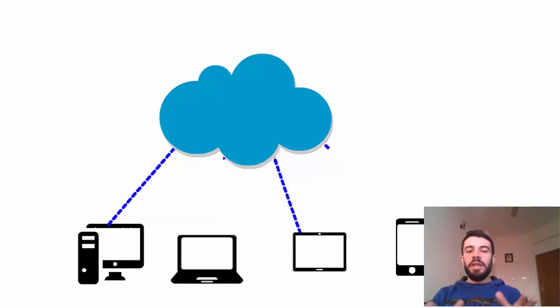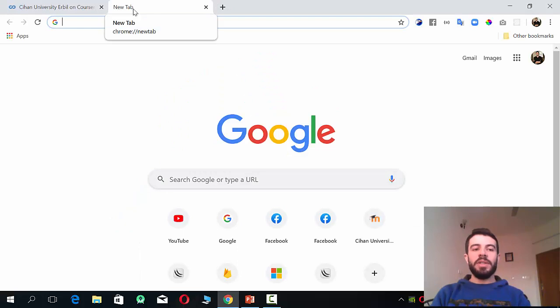So instead of storing my files locally on the hard drive of my local computer, I just save my files on the server, on the internet, in the cloud. So I can access my files anytime and anywhere, in the car, on any device. You can use any device to access your data, your files and your folders. You just go to the browser and go to